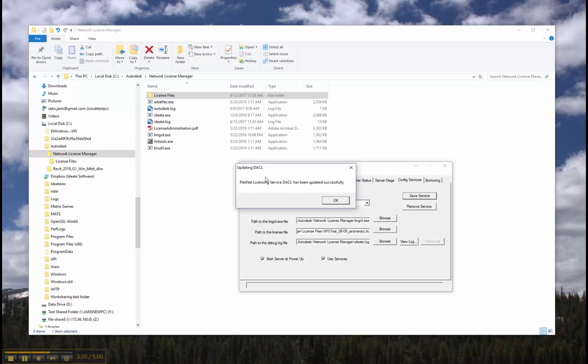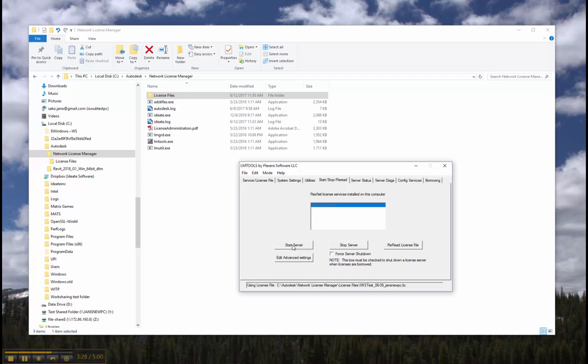You might get that it was successful, you might get that it failed. It doesn't matter because Ideate does not use the ACL. Next thing we do is hit start server, and wait until it says started successfully, or something other than license server failed. If it fails to start, then you have a problem and we will most likely be hearing from you. If you see this, it is still okay, and then you hit reread license file, and once that is completed,